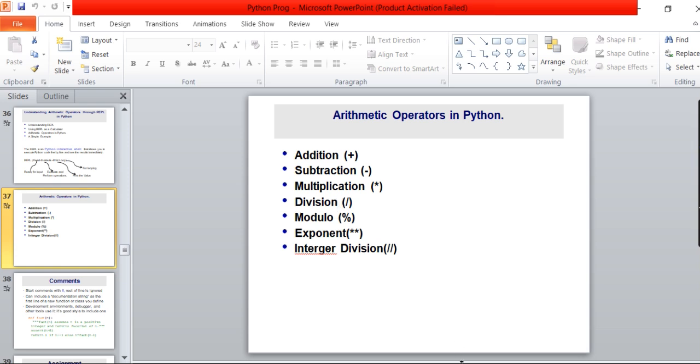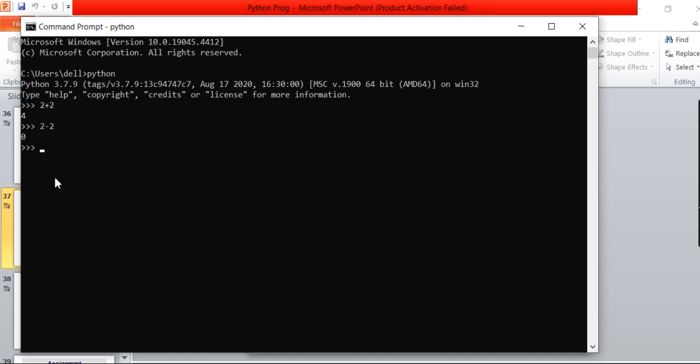Let's do these basic operations in the command prompt. Open your command prompt. I am typing here 2 exponent 2. Answer is 4. It means 2 raised to power 2. If we do modulus, remainder is 0.